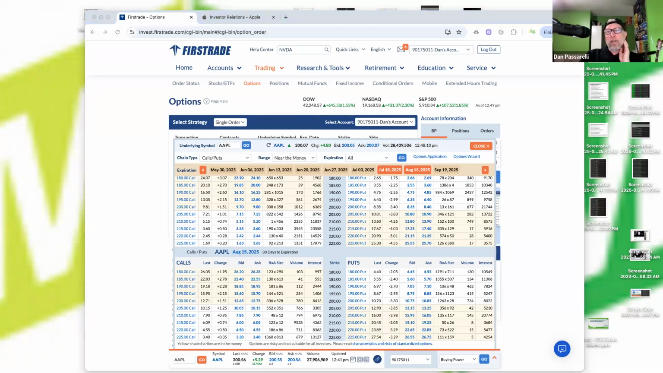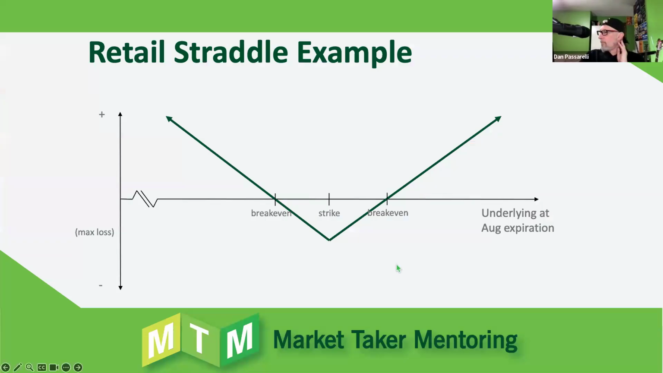So let's take a look at our straddle here. Our break evens would be 200 plus 18.20, so 218.20, and 200 minus 18.20, so 181.80. And we're just going to add $5.40 if we buy more time to get lower theta. We're usually better off buying more time to get lower theta